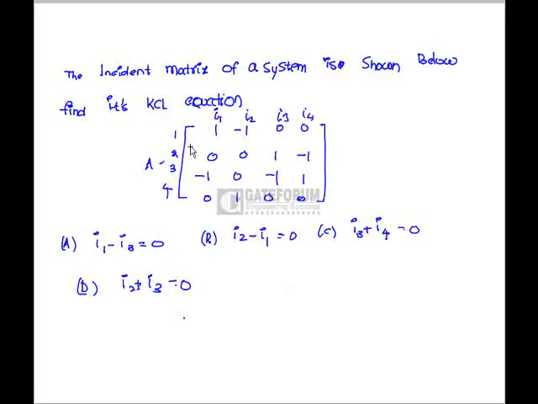Now at node 1, the KCL equation is I1 minus I2 equals 0. At the second node, I3 minus I4 equals 0. At the third node, minus I1 minus I3 plus I4 equals 0. At the fourth node, I2 equals 0. So these are the four equations we got. Now I2 plus I3 is not a KCL equation, and I3 plus I4 is also not here. So the only possibility is